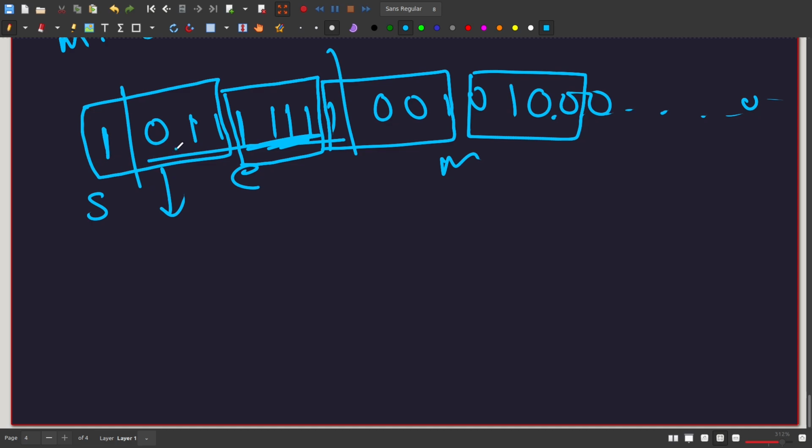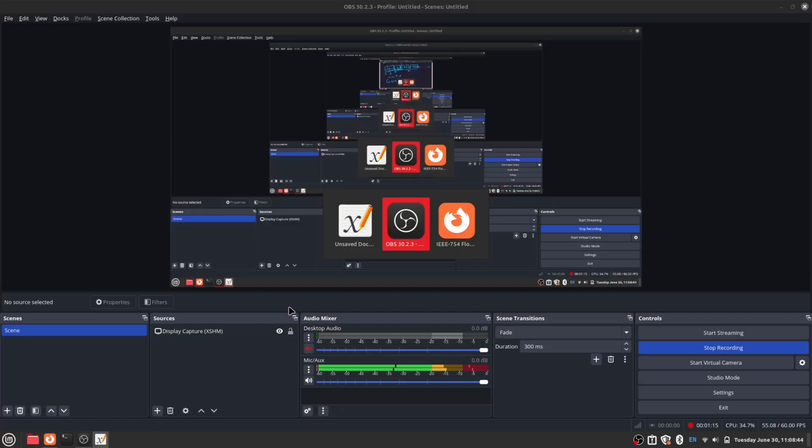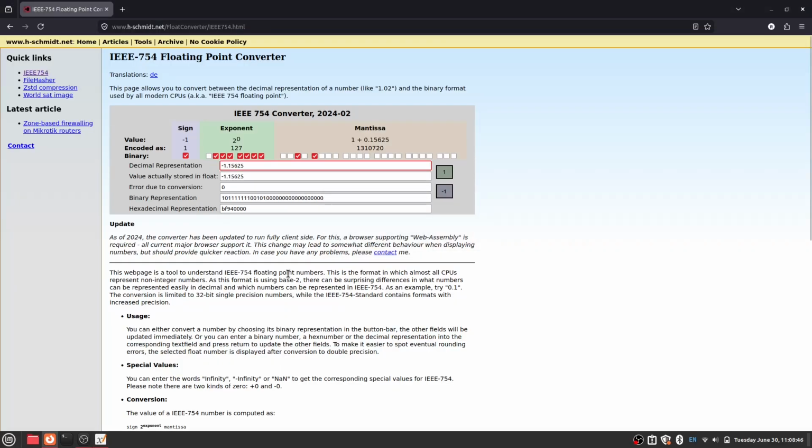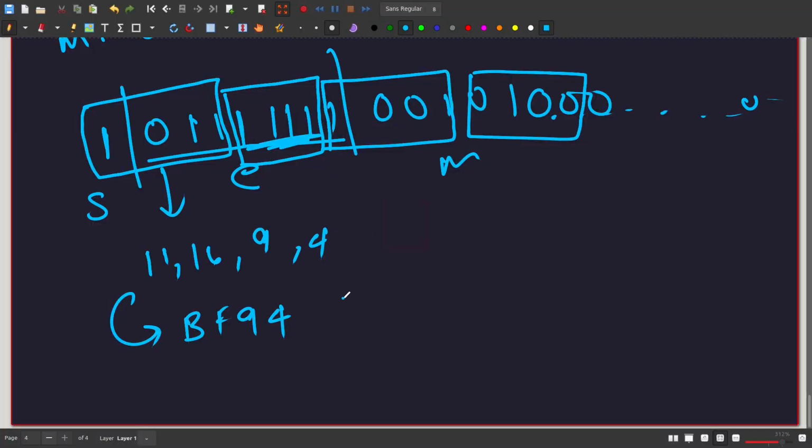My god. Okay, so again, what was it? 1 plus 2, 3 plus 8 is 11. Here you have a 16. Now here you have 8 plus 1, which is a 9, and here you have a 4, right? That's basically what that string is, and that basically becomes BF94. Was it BF94? I'm doubting everything now. Oh my god, yes, that is right. And then we have 0 0 0 0. So basically the final thing would be